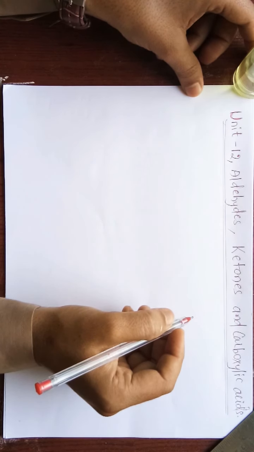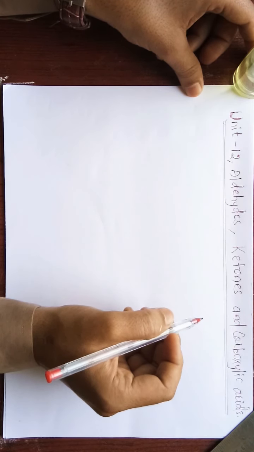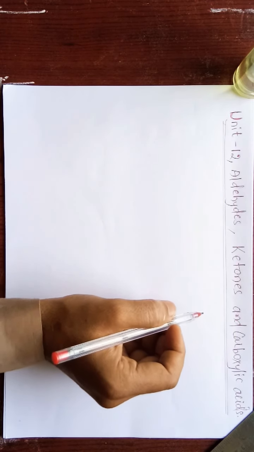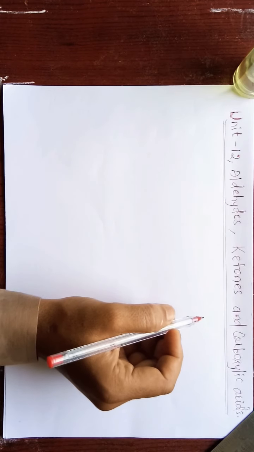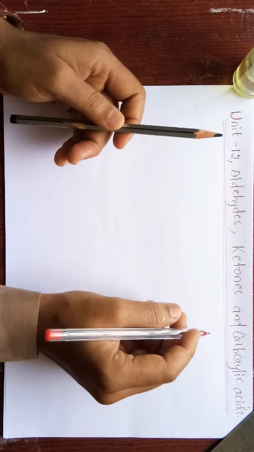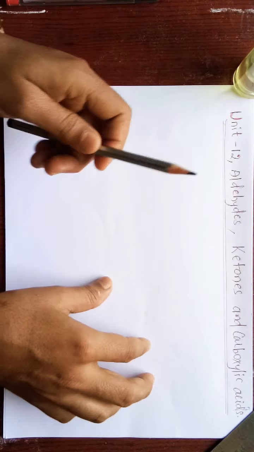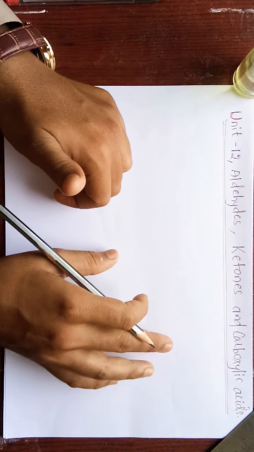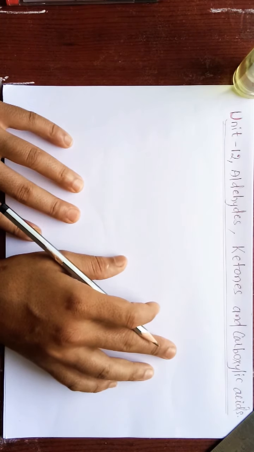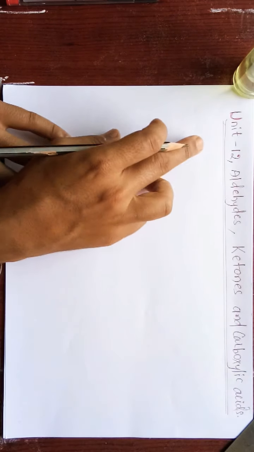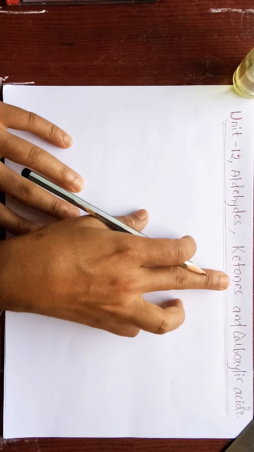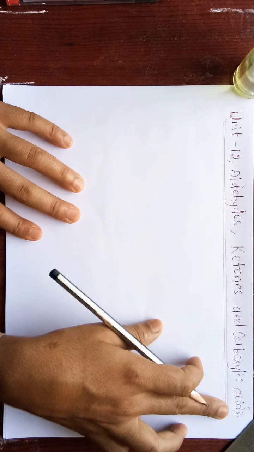Connecting to the organic chemistry part of the chemistry subject, we have completed haloalkanes and haloarenes, and also chapter number 11, that is alcohols, phenols, ethers. After this, very important for your midterm examination, annual examination, and NEET and KCET examinations, we are going to commence chapter or unit 12, that is aldehydes, ketones and carboxylic acids.